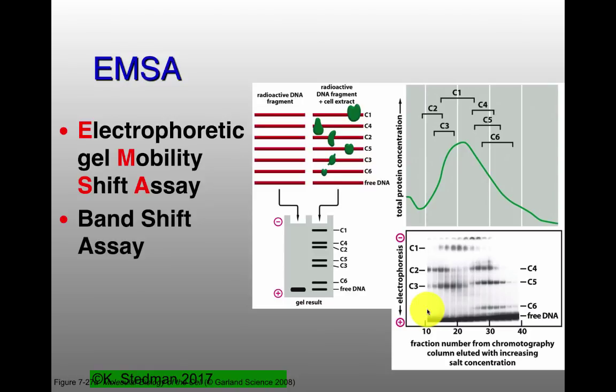All of them were different fractions that came off of these columns that bound to promoter sequences in eukaryotic promoters. Yeah, Olivia. But this isn't very specific, right? Because you're getting multiple proteins rather than just maybe the one you want to isolate. So the question has to do with how specific this is.